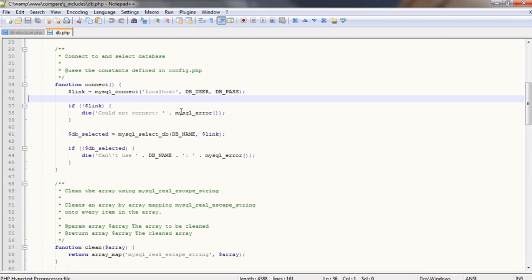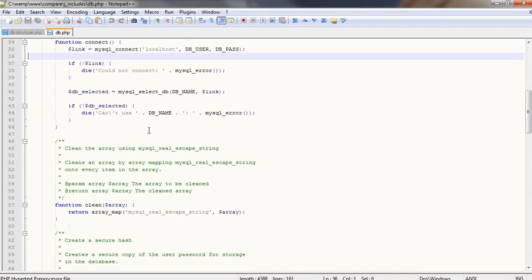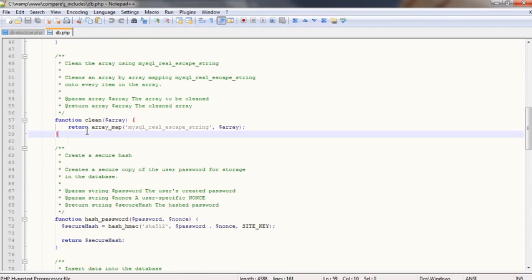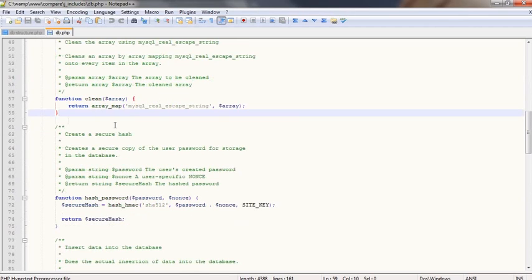to be what I was using at that time because that's what was used when this was written. Okay, so I use my SQLi function here called clean. I know I've referenced this at one point or another, and it really just does an array map, which